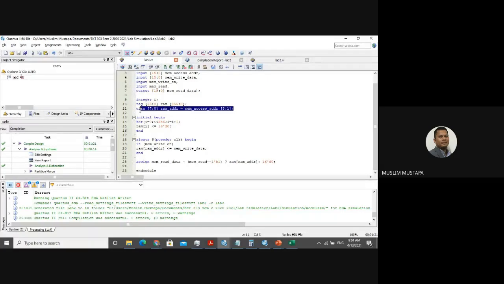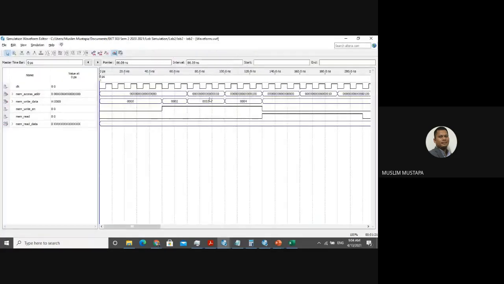Yeah, this one. So I have to skip bit 0, because all the counting will start from bit 1. So I have to skip bit 0. Okay, right, so then